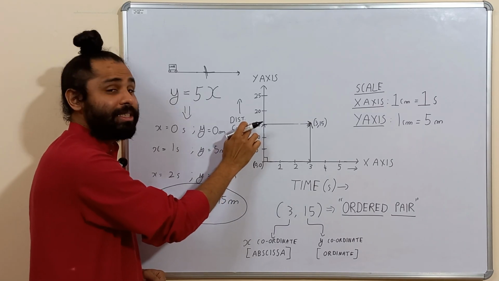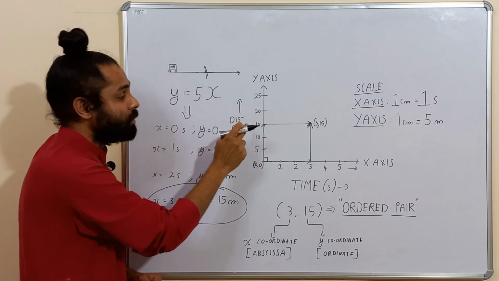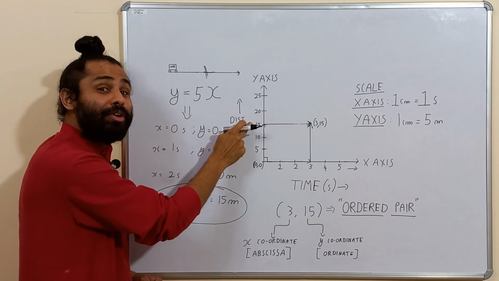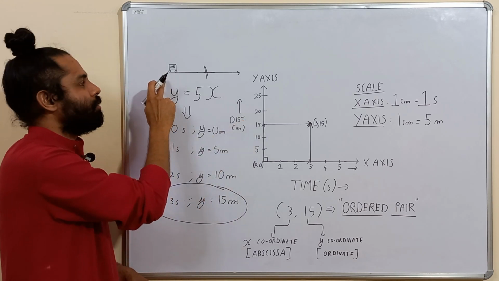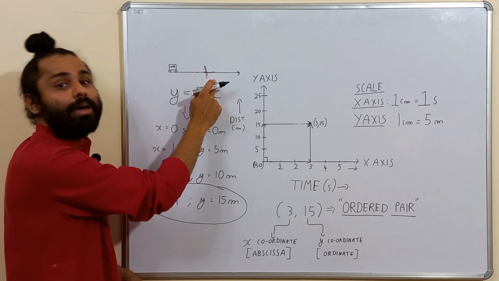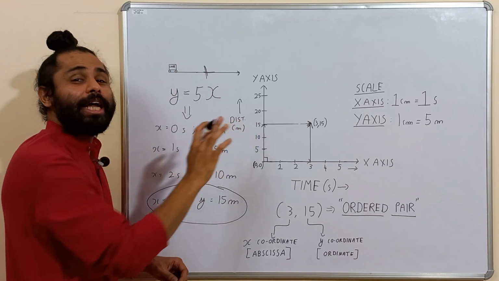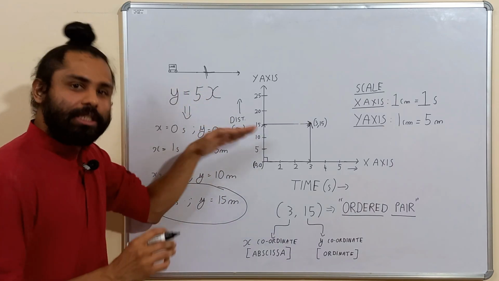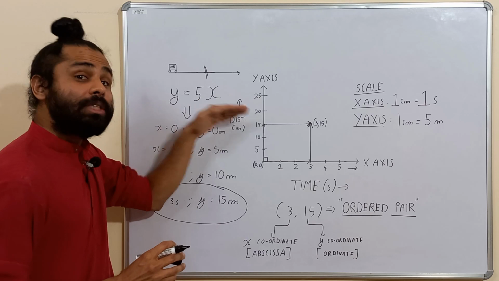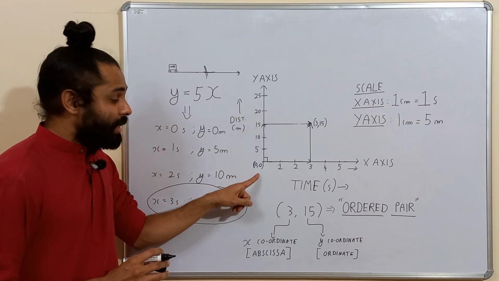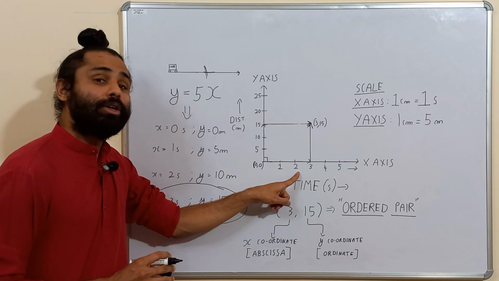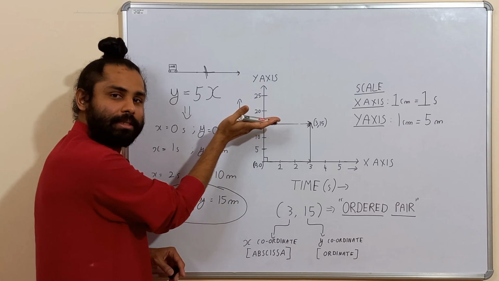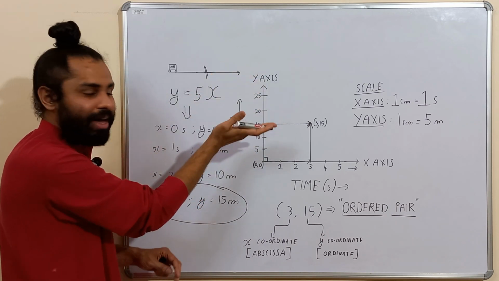You're here. This position is actually not a real point in this experiment, because this position implies that at 0 seconds, the car is at the 15 meter mark. But in this experiment, when the time was 0, the car was not at the 15 meter mark. The car was at the 0 meter mark. So this is not an actual point for our experiment, but we're getting there. Now I've at least reached the 15 meter mark, right? Now, this 15 meter mark does not happen at 0 seconds. It does not happen at 1 second. It does not happen at 2 seconds. It happens at 3. So I can now start from here, lock the y value at